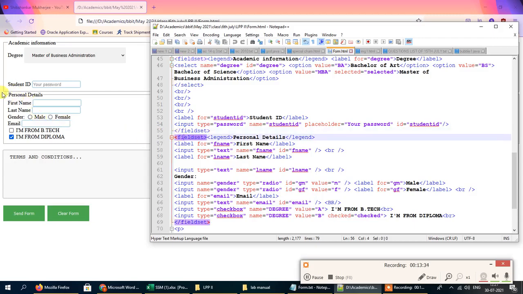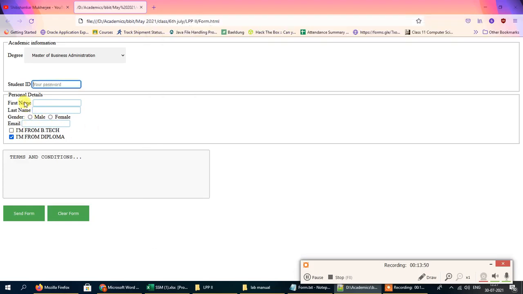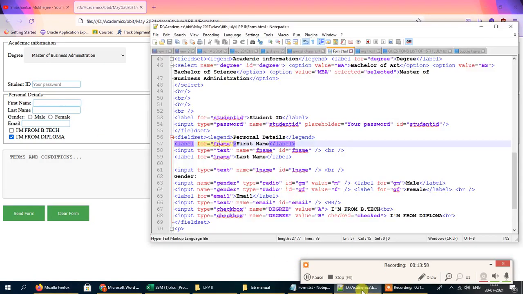This field set encompasses all these fields: first name, last name, gender, email, and these two check boxes. For each of these fields we've got labels. First name is associated with the label f name. When we click on the label for the first name, its corresponding text box is automatically selected.